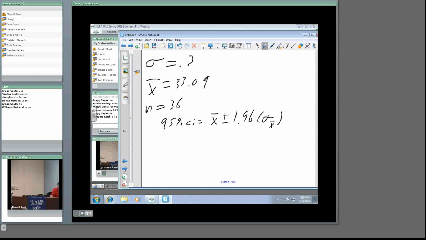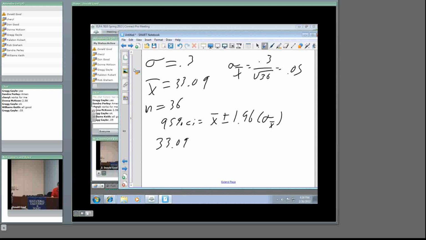So our standard error is going to be that standard deviation divided by the square root of, in this case, 36. So 0.3 divided by 6. Is the standard error 0.5? Sometimes I get my decimal in the wrong place. So standard error is 0.05. Okay, yeah, that's right, because I move the decimal over a place. Okay, so our 95% confidence interval is going to be